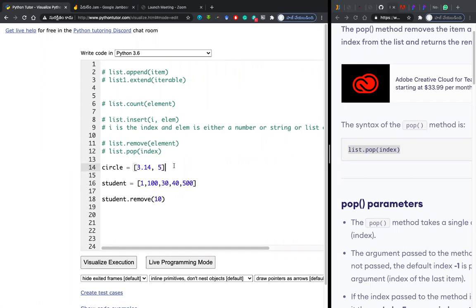Okay, so there are some conditions where some indexes should be mentioned for removal, because we don't know what is the value in that index, but I want to remove whatever the value it might be in that particular index.